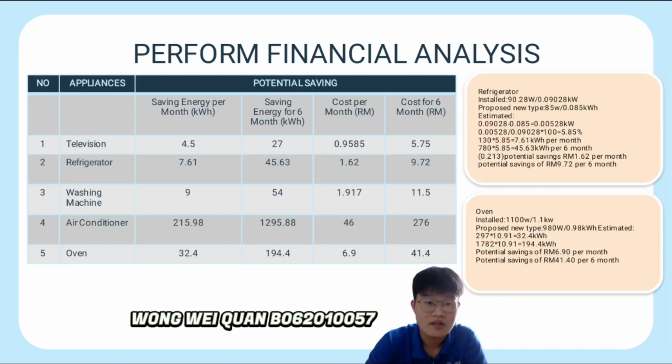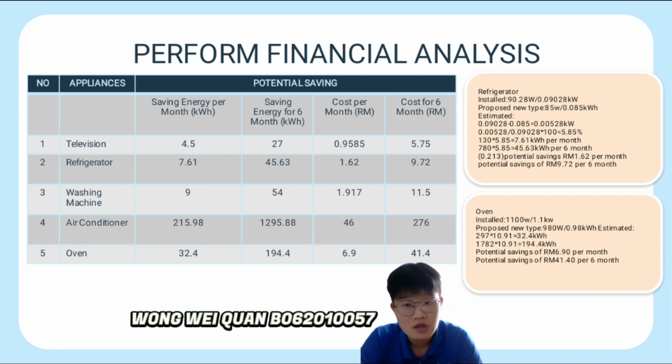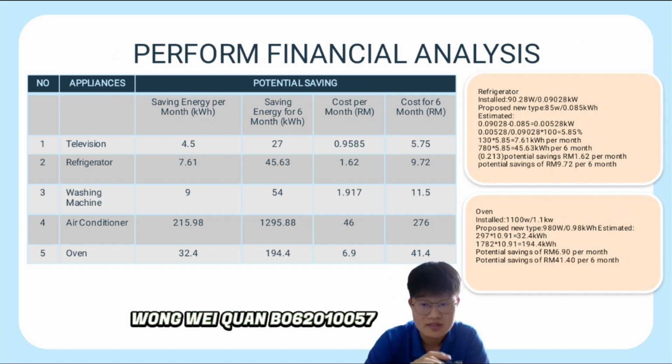So next, this is the cost saving measures table. Let's say I take one example, the refrigerator, because I want to save my cost. Before that, my refrigerator is 90.28 watts. So I want to save cost, and I need to buy a new refrigerator that does not use very high watts, 85 watts, let's say. So I take the estimate before, 90.28 watts, and I minus the new one, so I can save another